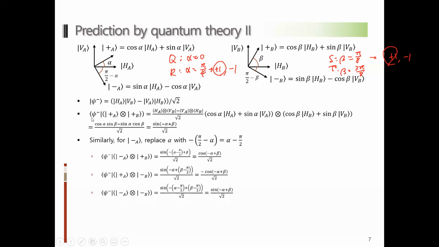So now what I got is the probability amplitude, not the probability. So I have the probability amplitude to measure +1 +1, -1 +1, +1 -1, -1 -1. Then how can I calculate the expectation value? Well, the expectation value is the summation of all the products of the value multiplied by the probability. So for the expectation value,